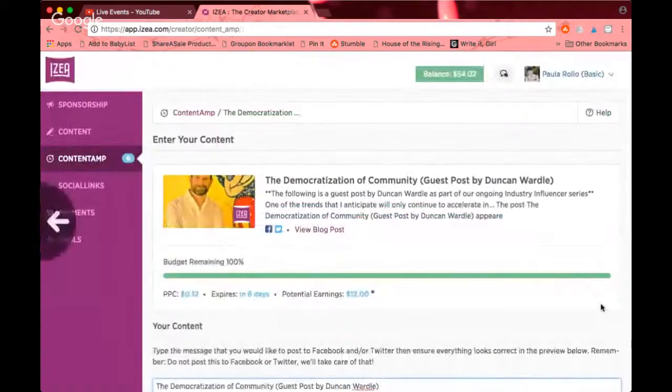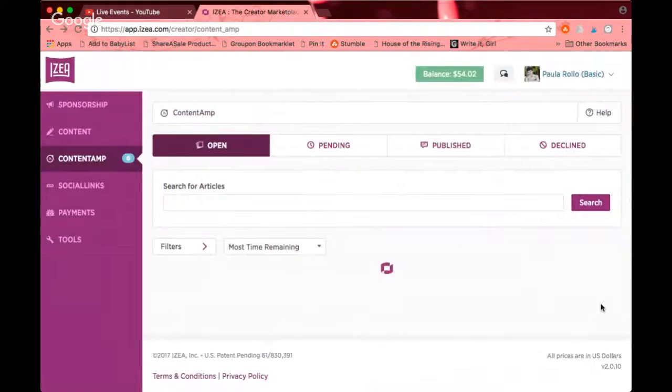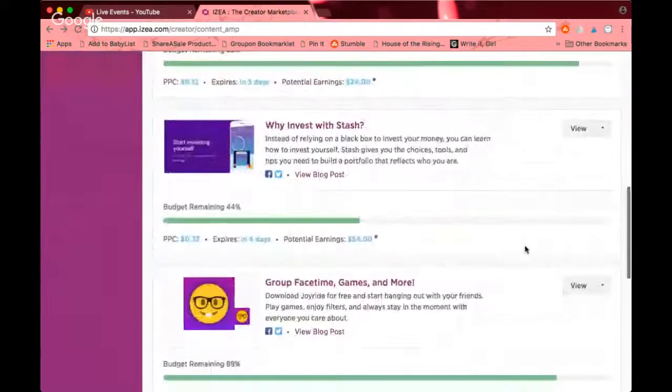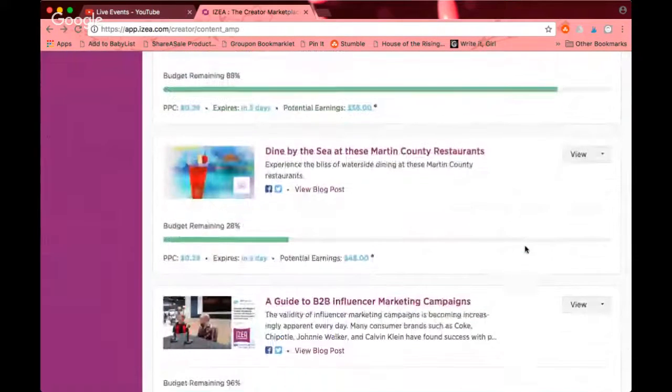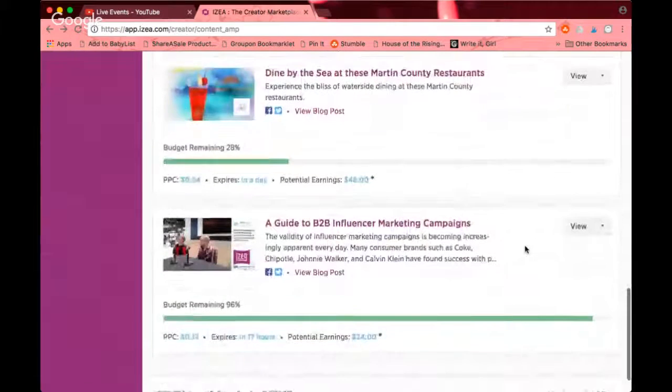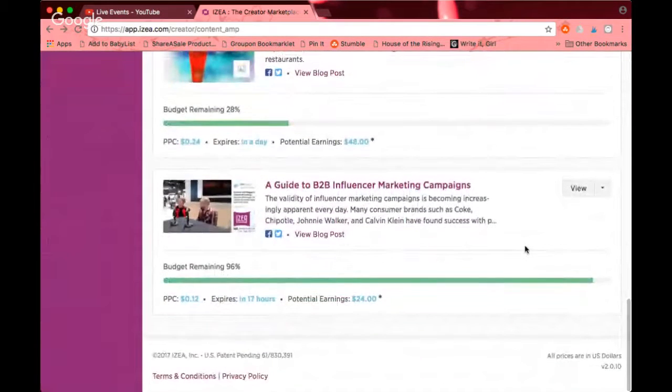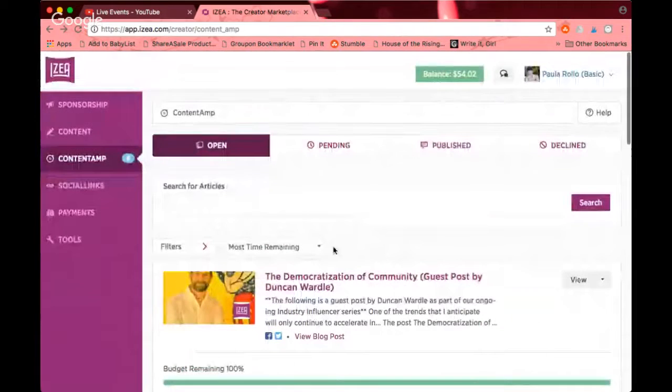If you decide you don't want it, you can go back and apply to something else, or just decline all of them if you're looking at this and you're like, no, none of these really apply. Depending on your audience, they may or may not apply to you. You can search by different filters, highest pay-per-click, lowest pay-per-click,